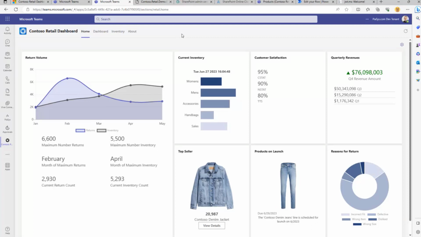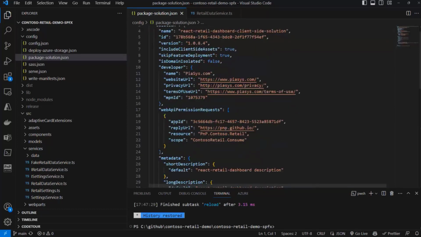That happens because in the source code of the SharePoint Framework solution that we created, we have a web API permission request section, which we configured to say that we want to consume the pmp.contoso.retail resource, which is the name of a resource that I've registered in Azure Active Directory and that I will show you shortly. And I want to have the permission scope called contosoretail.consume, plus a couple more settings, which will be really helpful whenever you want to do multi-tenant registration in your target environment.